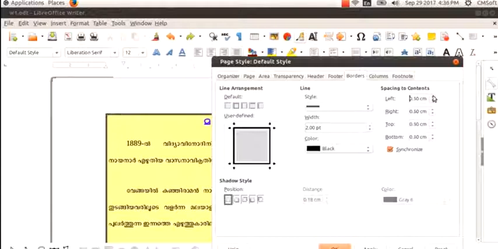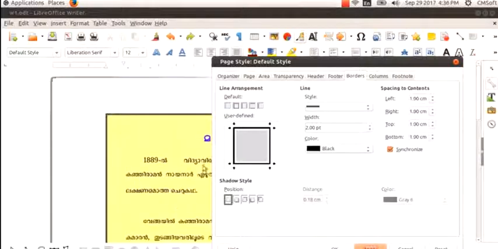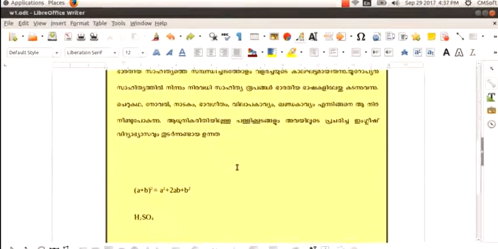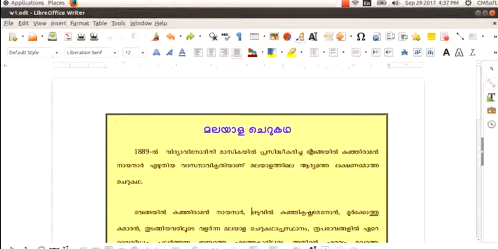You can set the spacing to contents. Now the spacing between line and contents is set.